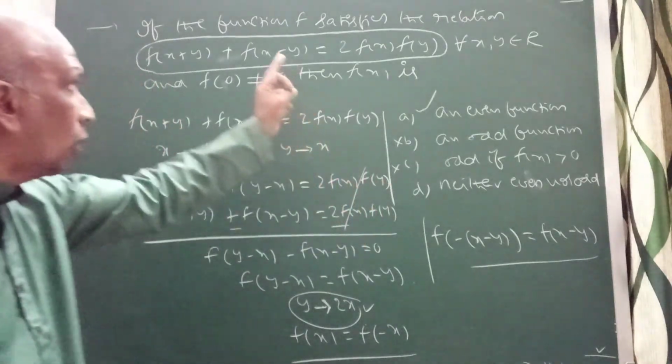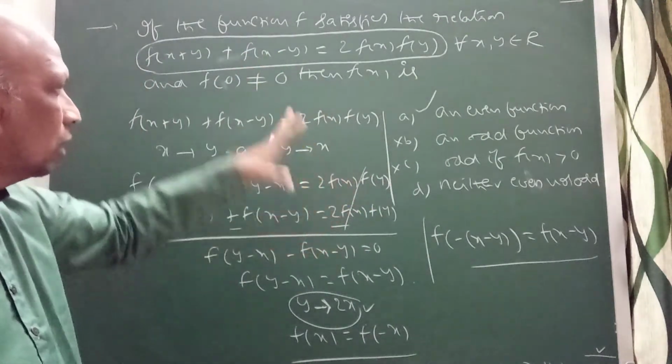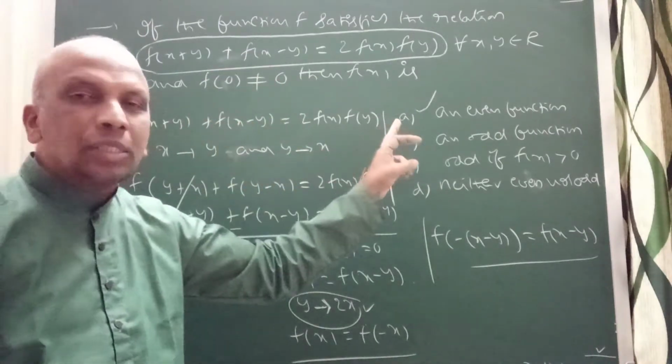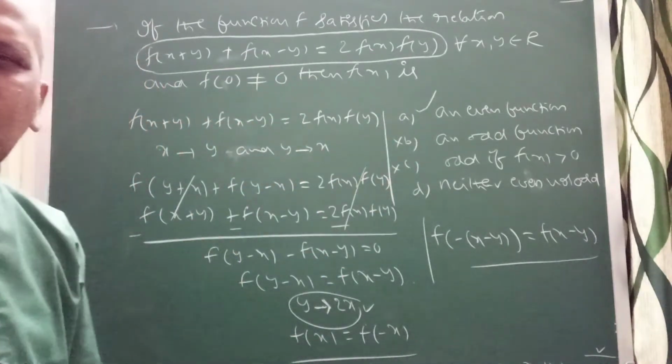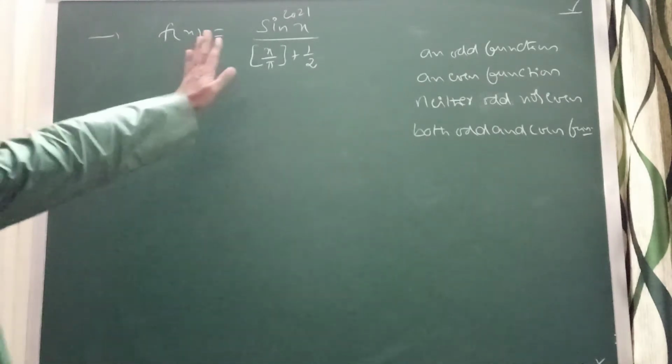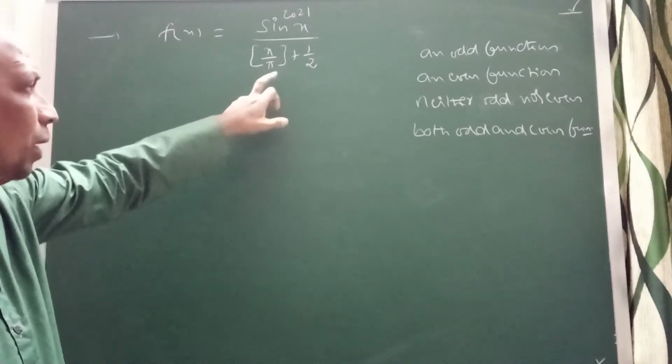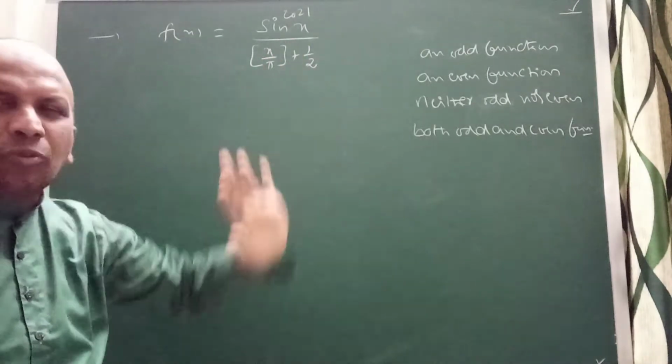Correct. So this is the problem I have done here. This is the model. Observe here what I have done and how I have done this. The model is important here. Now I will explain. In this problem they are asking f of x equal to sin to the power 2021 of x, the step function of x by pi, plus 1 by 2. So these are the four options.